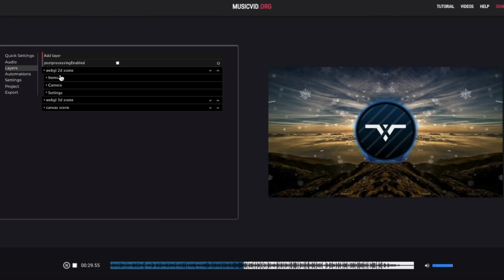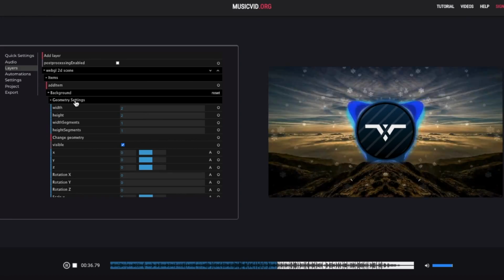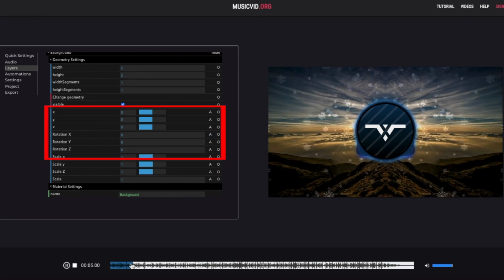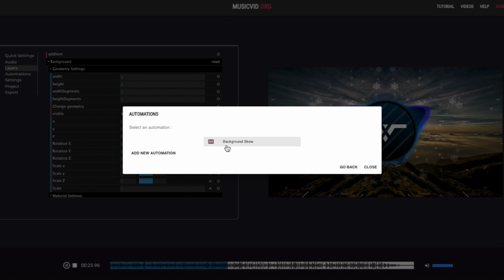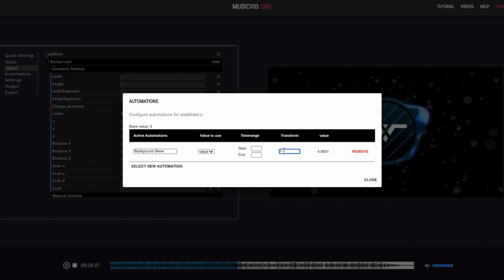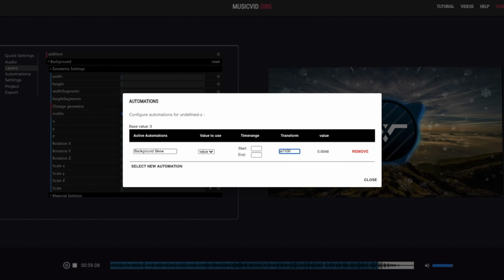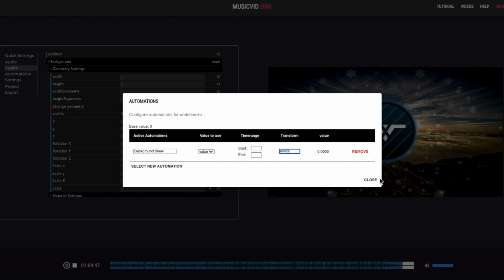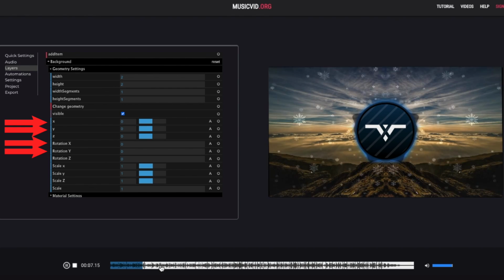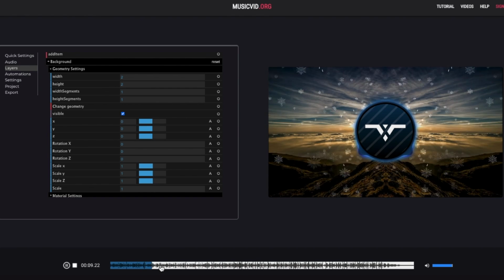Go back to your Layers tab, head to the Background Settings, and click on Camera. Next to these boxes, click A, Add New Automation, select the one we just made, and type an expression into the Transform box. I think A over 1100 is a good starting point, and you can make the number bigger or smaller based on your preference. Repeat this for the following boxes and tweak the automation number for each, and you'll have your very own background